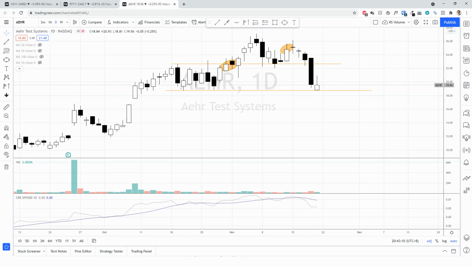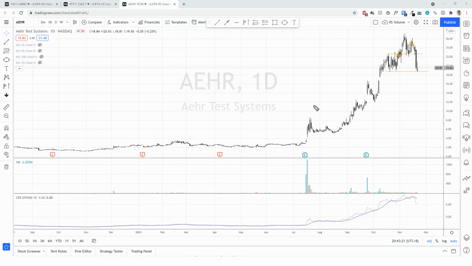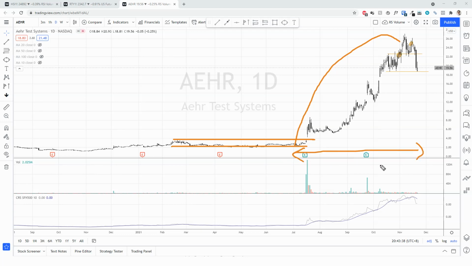So Nikki said that, okay, been monitoring this counter due to semi-combo. Yeah, AEHR is actually quite a leadership. So look at this. Okay, so look at this. It's just like from 2 all the way to about 20, 24. So it's like 10 times, a 10-bagger, just within a few months, not even half a year. So very short period of time. So this is certainly a very impressive stock.